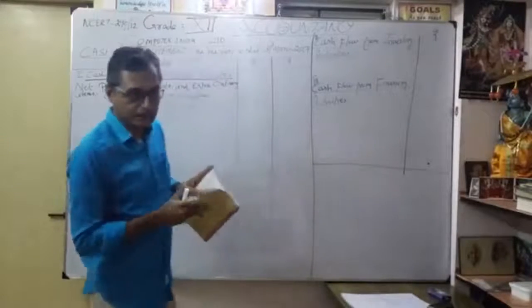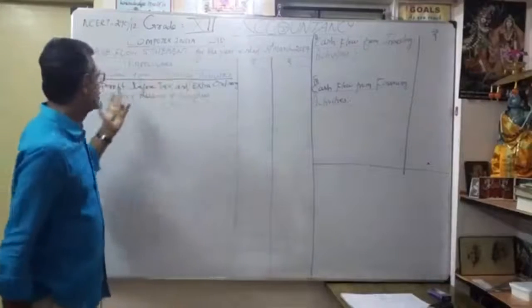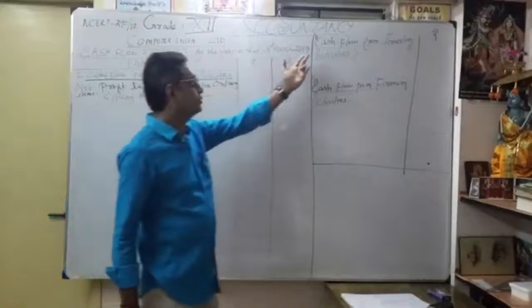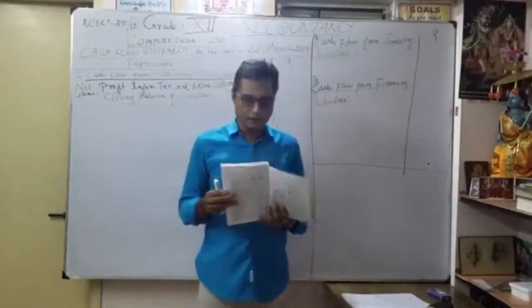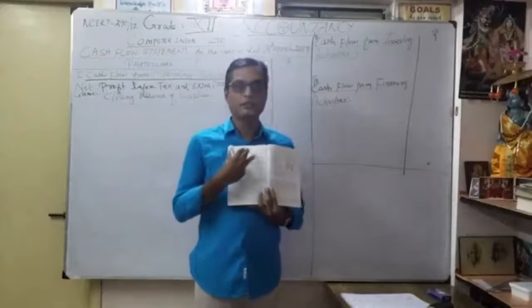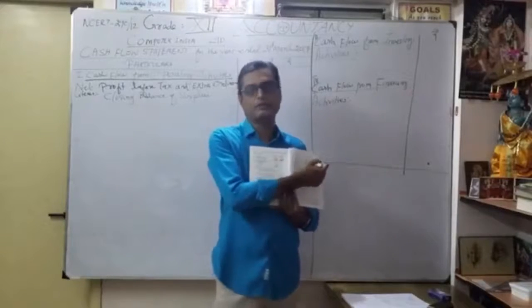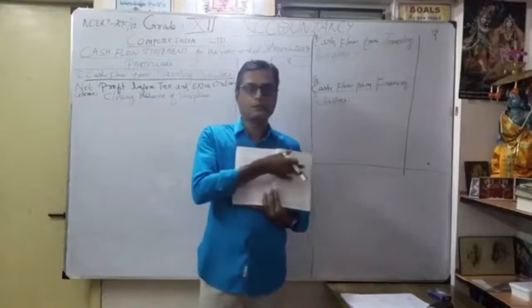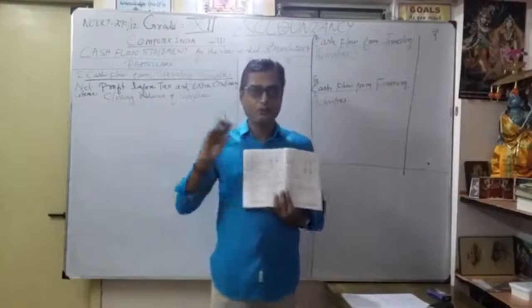That is our first duty, to make the setup before preparation of the problem. Classify into 3 activities, each with a heading: Roman numeral 1, Roman numeral 2, Roman numeral 3. For operating activities we are going to discuss more information, so leave the whole first page. Thereafter we go to the second page for cash flow from investing activities, give some space, thereafter cash flow from financing activities. Okay, now we are going to start.